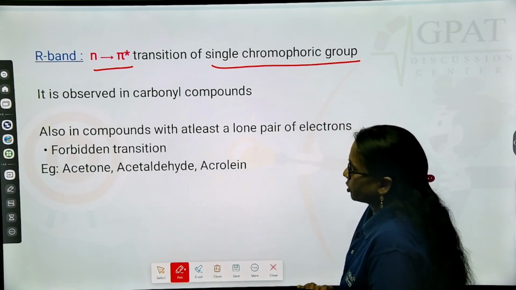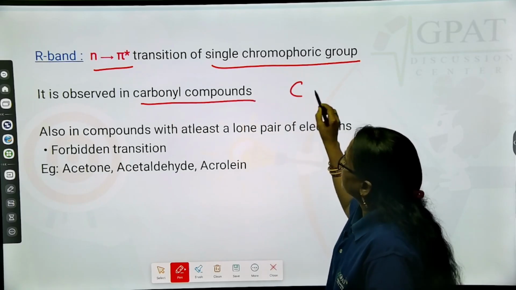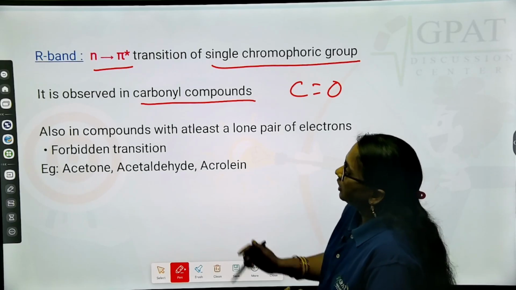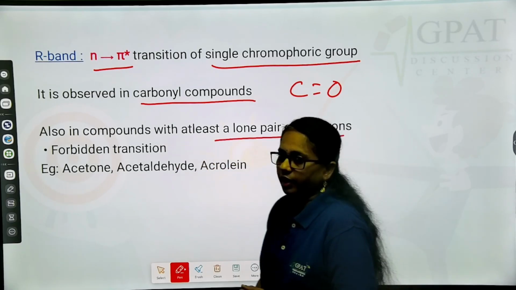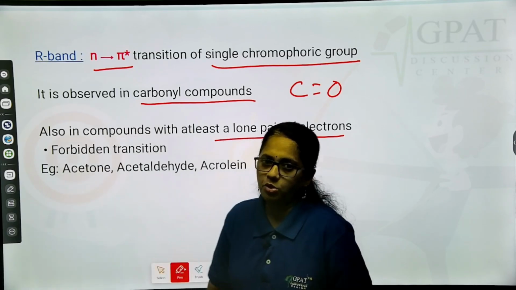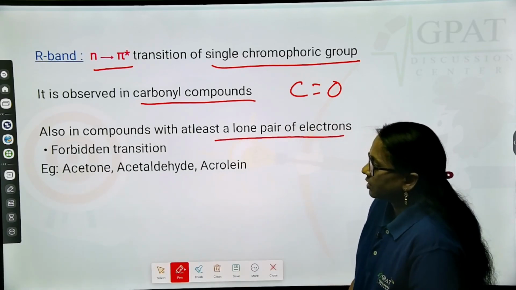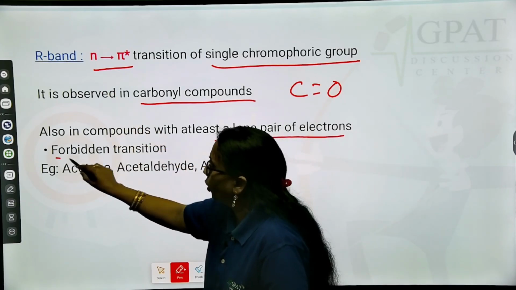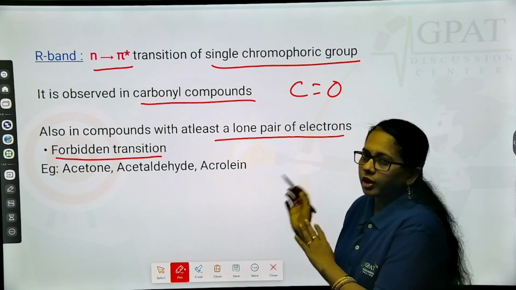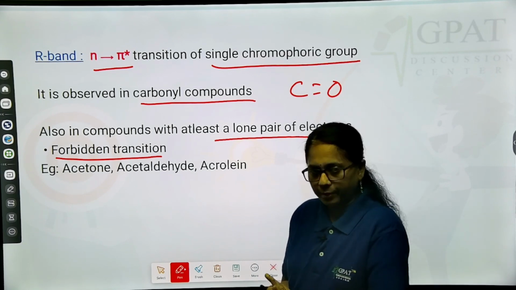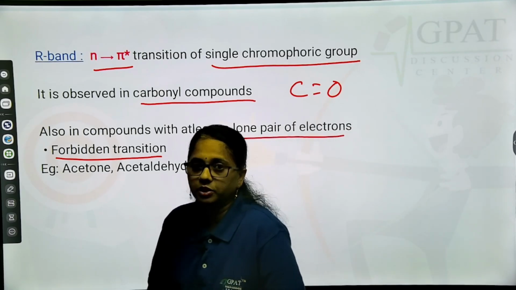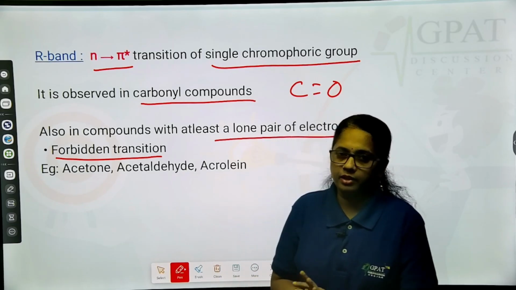R band type of absorption bands, mostly in compounds which contain a carbonyl group, C=O containing groups, and also in compounds which have at least a single lone pair of electrons. In such compounds you are going to see these absorption bands, and generally these R bands are forbidden transitions. Forbidden transitions means you are not at all observing these types of R bands in a normal molecule. Even though you can get it from the calculation point of view, from the graph,